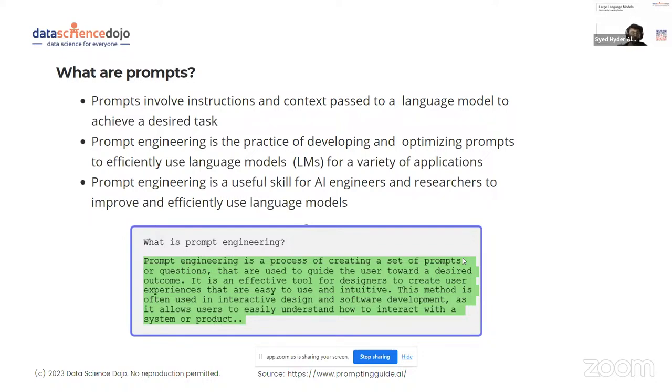Based on my experience creating LLM applications here at DSD, I have been involved with different projects. Prompt engineering has had a very major impact on our responses, and we had to spend a lot of time just curating exact prompts.